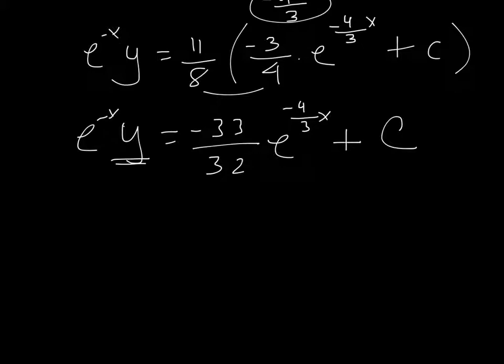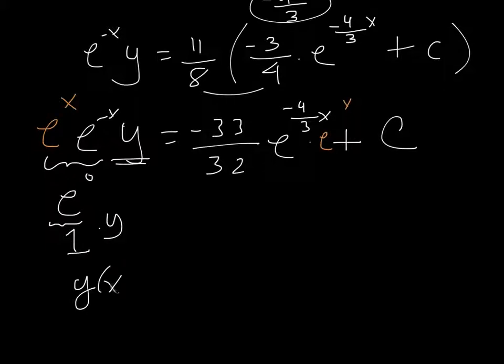So I can multiply both sides by e to the x. Why? Because e to the x times e to the negative x is e to the 0, and e to the 0 is just 1. 1 times y is just y, or y of x. So y of x is equal to